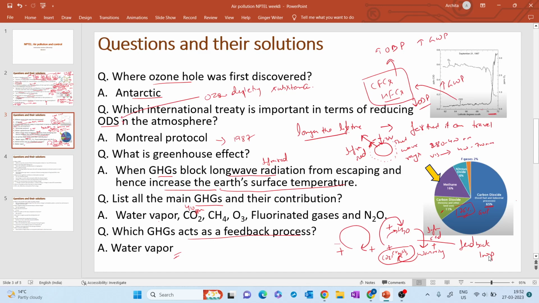Okay. Let's say today I have 1 kg of water vapor or 1 liter of water vapor in the atmosphere. Now, 1 liter of water vapor absorbs the infrared radiation. Let's say they absorb 1 ton of infrared. Everything is hypothetical. Let's say they absorb 1 ton of infrared radiation, which leads to warming. Now, this warming leads to a lot of reactions in the atmosphere,